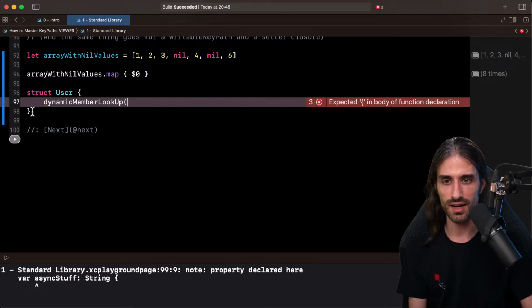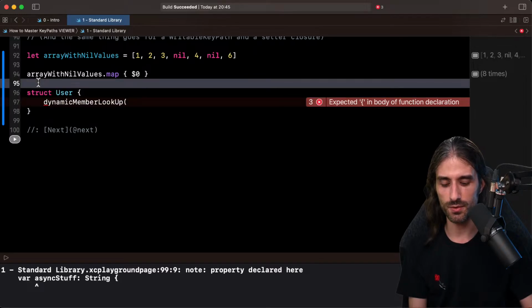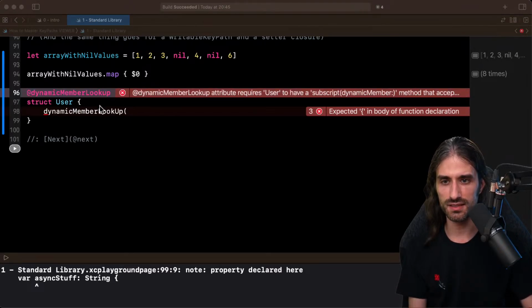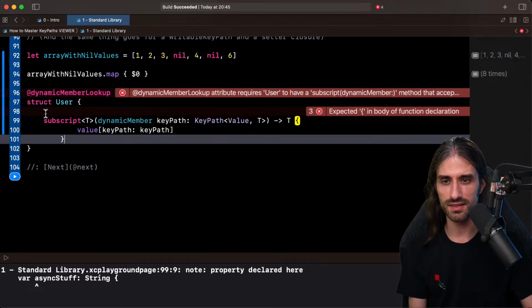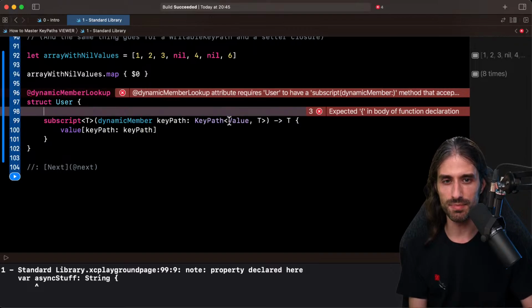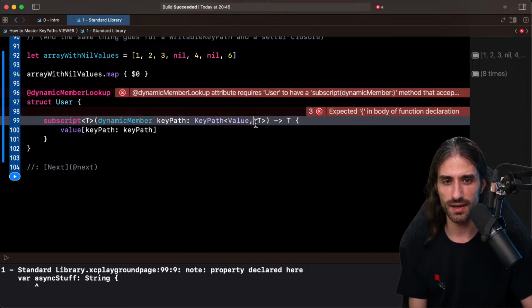So it looks like that. First I would need to annotate my type with @dynamicMemberLookup, and then I need to implement this subscript right here that takes in a key path as its argument.